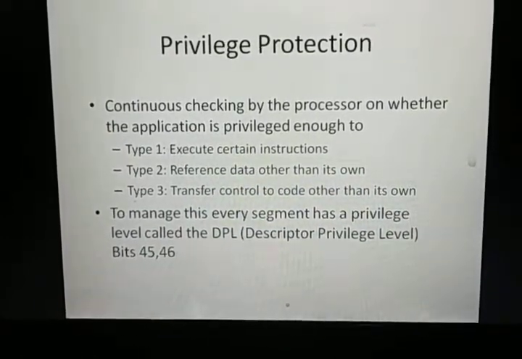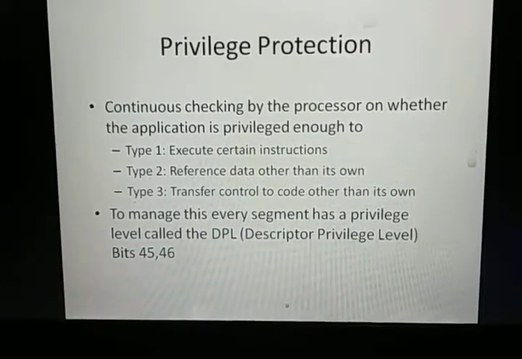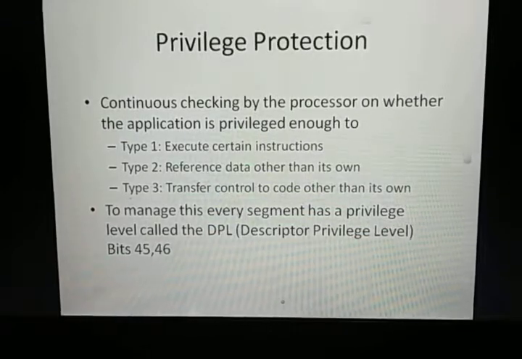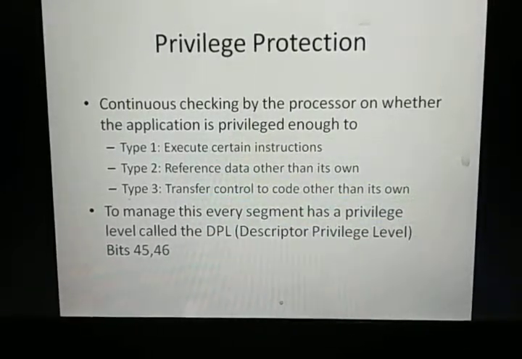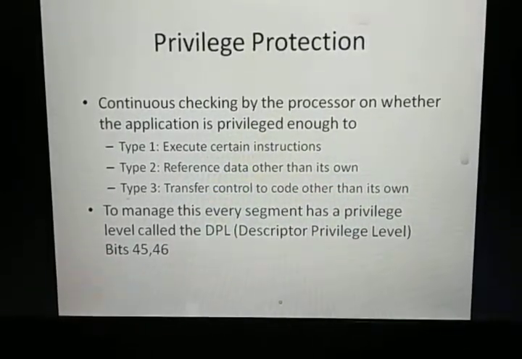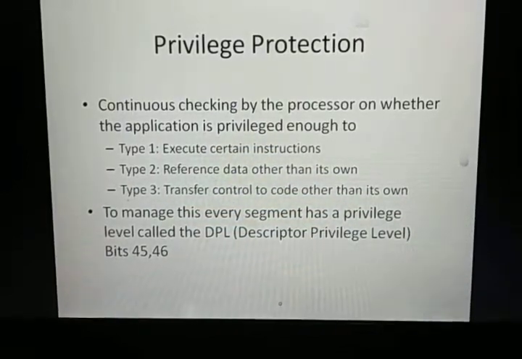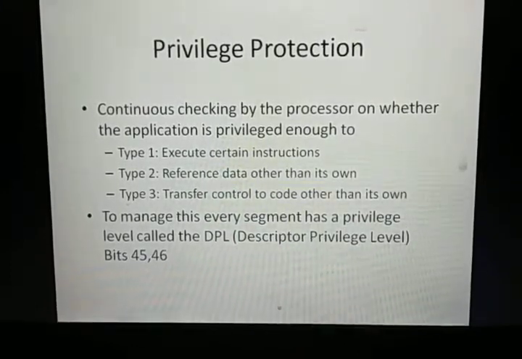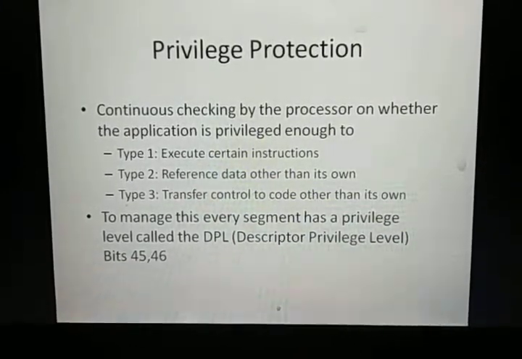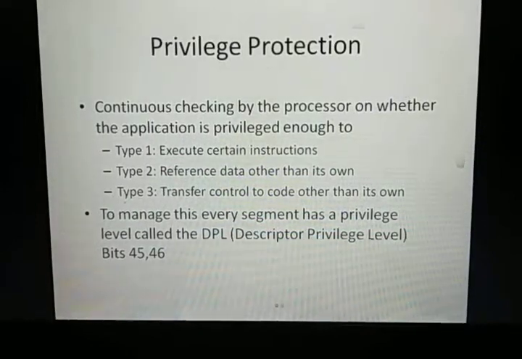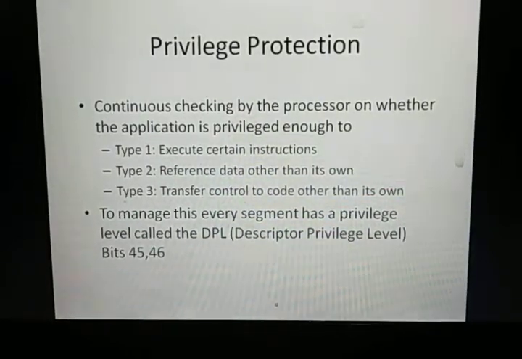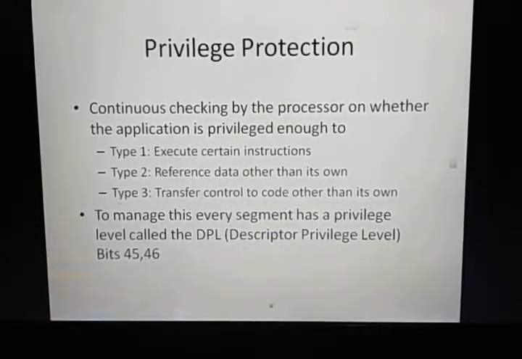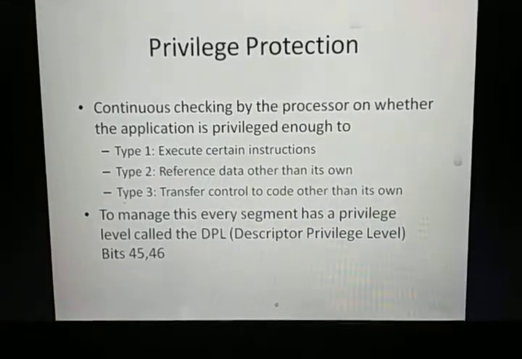Application level is related to privilege level 3, and system services, system applications and operating system related applications have privilege levels 0, 1 and 2. So if we want to access some application at privilege level 0, 1 or 2, and we belong to privilege level 3, we cannot access it. This type of checking is performed continuously by the processor.